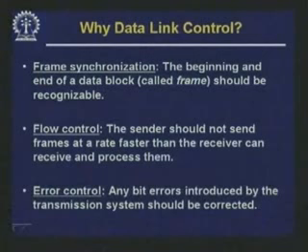Second job of data link layer, which it might do or might not do in some cases, but anyway one of the things that it does sometimes is flow control. The sender should not send frames at a rate faster than the receiver